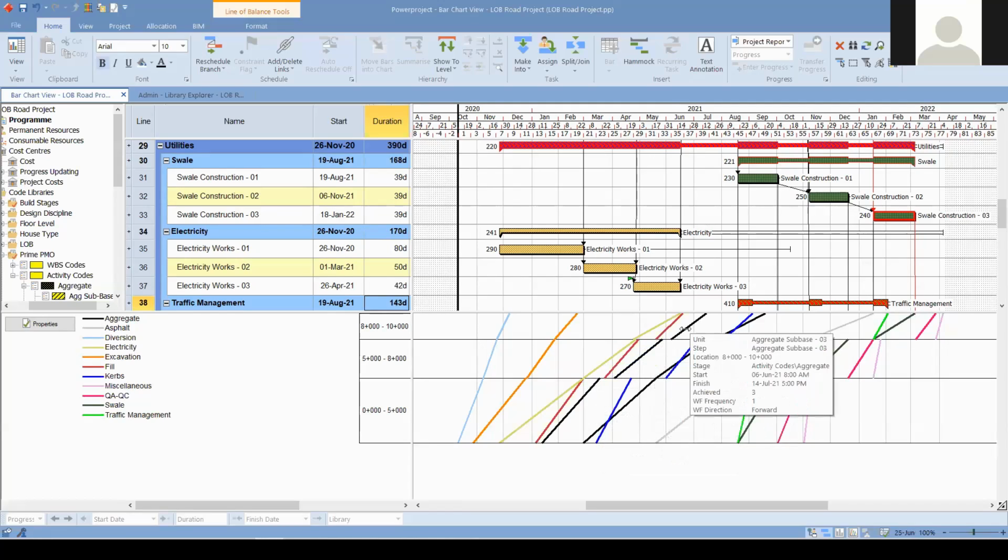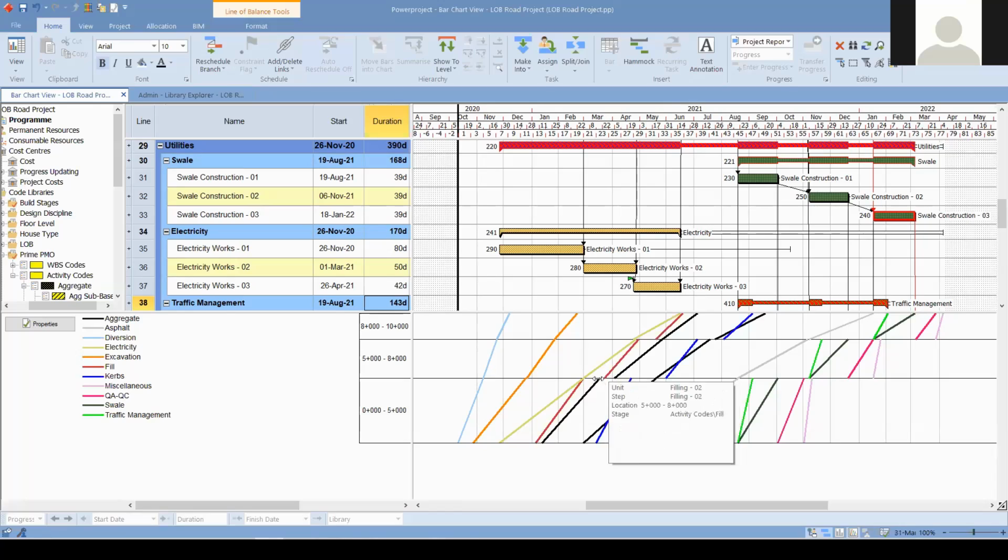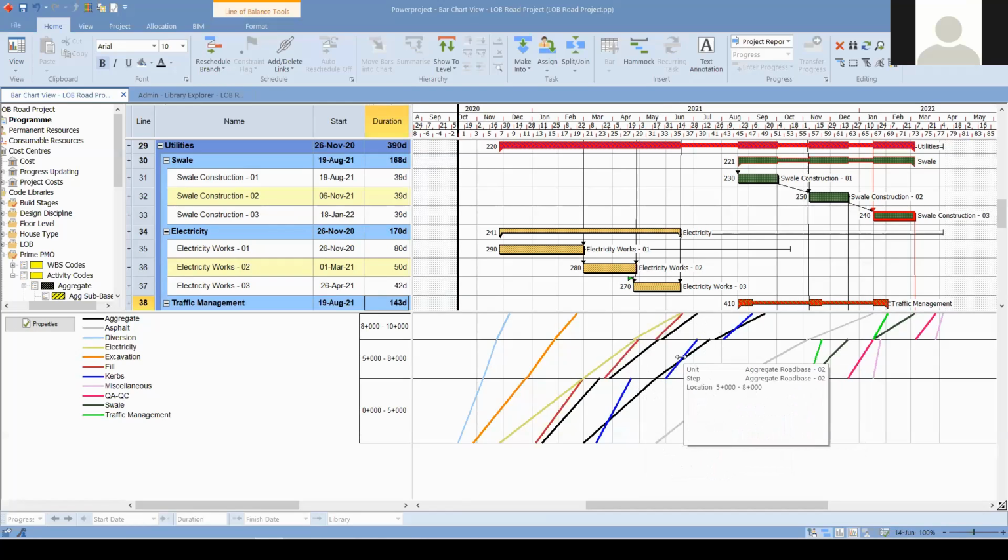So we can see that we have a kind of stoppage here from stage 1 to stage 2. However, this gap can be eliminated because there is a really tight schedule on stage 2. Here we have electrical filling, and the aggregate sub-base follows the others. And then we're going to have, so you see that we have curves between the aggregate road base, we have